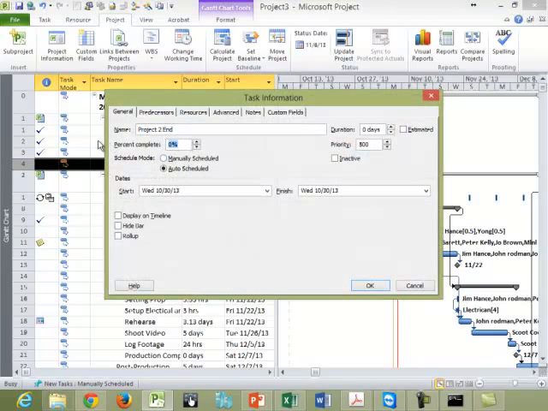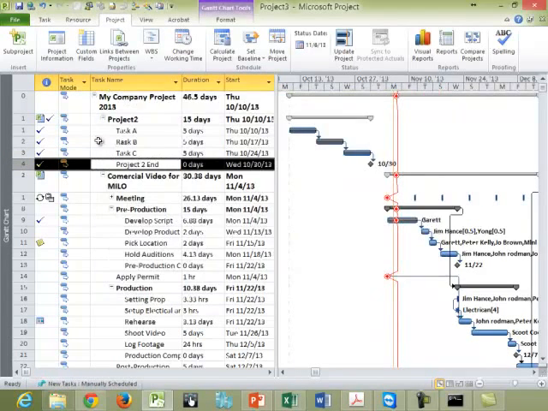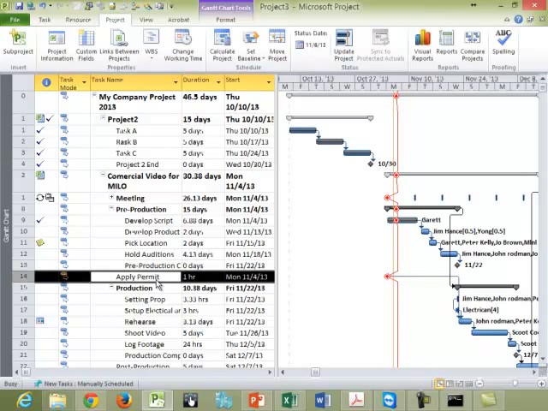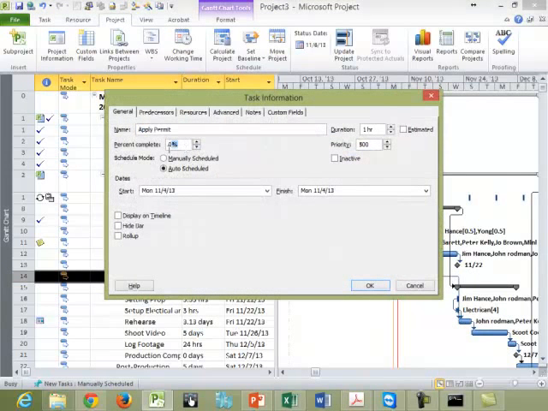Okay, so everything is completed, then you can put this one as 100%. So you can see that project 2 has finished. Now you are starting the project for the commercial video. You can see the progress is going, right? So you can see that the permit is supposed to start on the 4th. We haven't started yet. So once we update this one again to 100%, you can see that